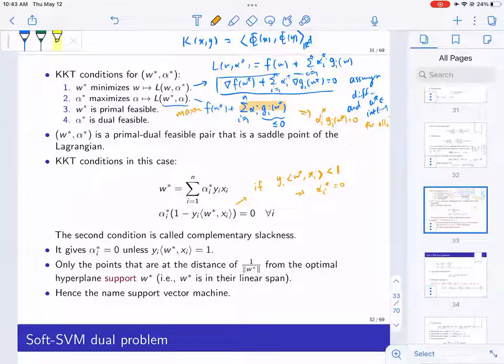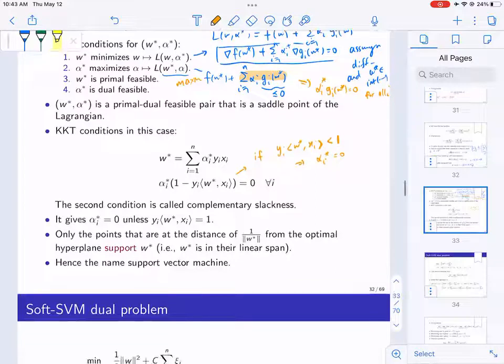The w star is in the span of the x_i's for which y_i w star x_i is 1. And if you recall, y_i w star x_i divided by the norm of w star is the distance